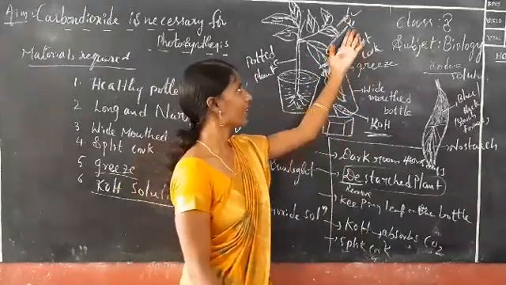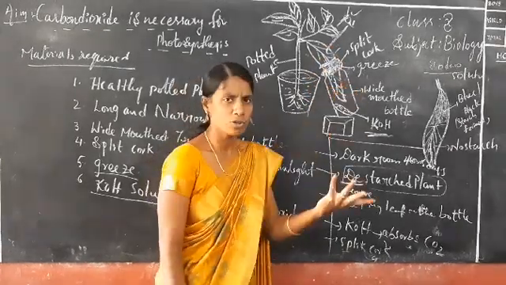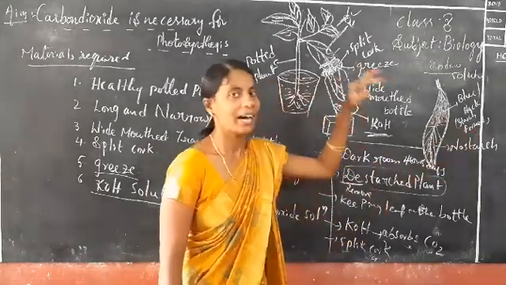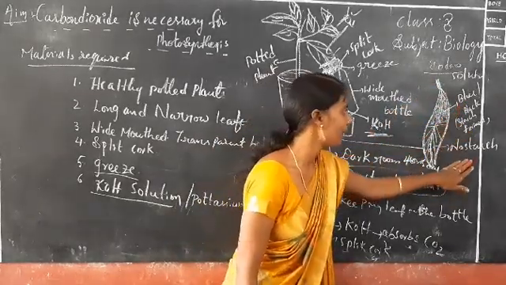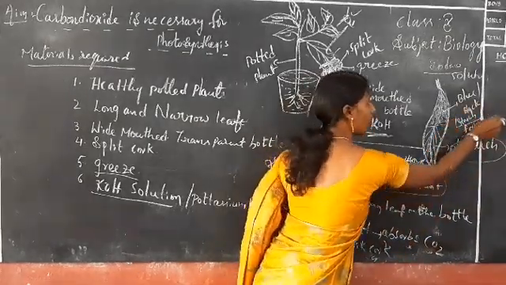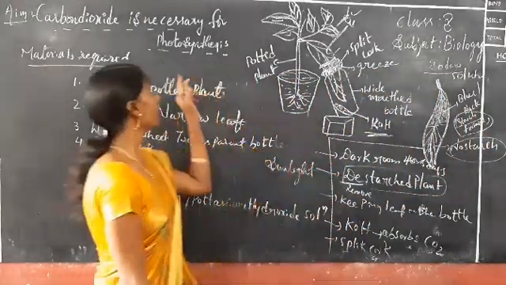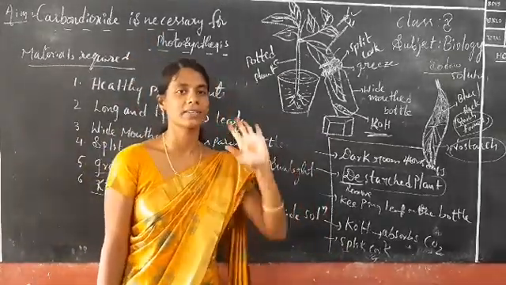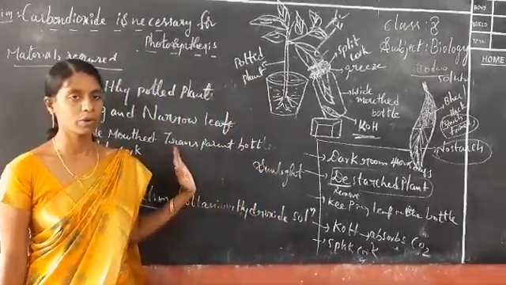Whatever gases come, the leaf is exposed to the sunlight. But if you keep it inside, there is no exposure to the sunlight. That's why it does not change color. If you add the iodine solution, it turns blue or black in the exposed part. The remaining part has no starch; only when it is exposed to sunlight is starch formed. So by doing this activity we conclude that carbon dioxide is necessary for photosynthesis. This is the result you have seen in this activity. Clear, all of you? So up to now, we have seen that CO2 is necessary for photosynthesis.